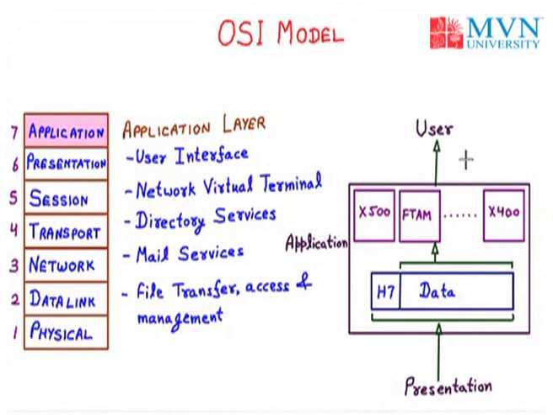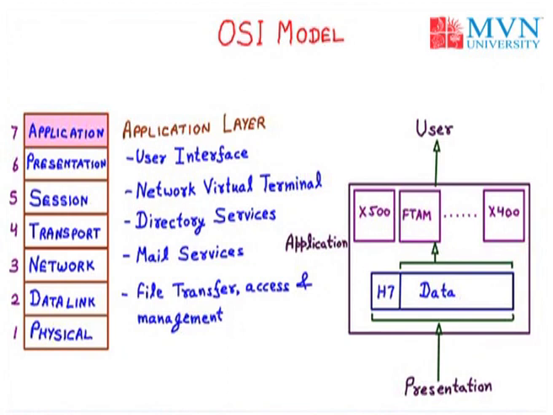So that is all about the OSI model. You have seen that above the application layer we have the user, and below the physical layer we have all the wires and the media. At the physical layer we have the bit stream, then we have frames, then packets, then segments, and after that they are converted. So we have discussed the OSI model. You can see that above the application layer we have the user and below the physical layer we have the connection and its media, for example the wires and connection media.